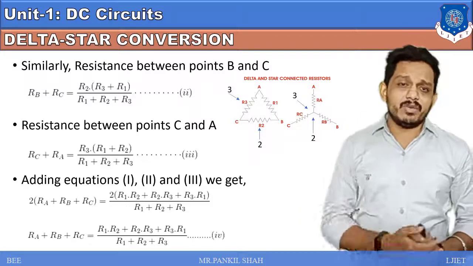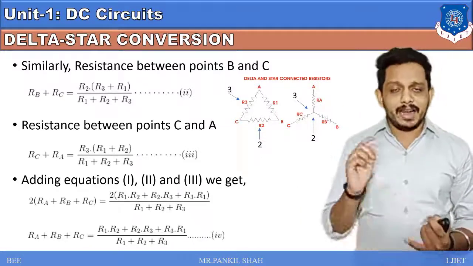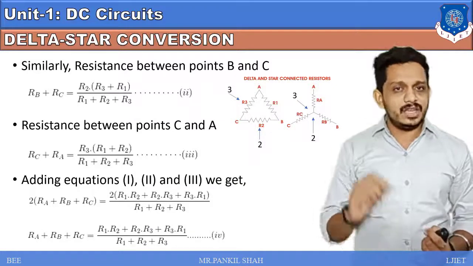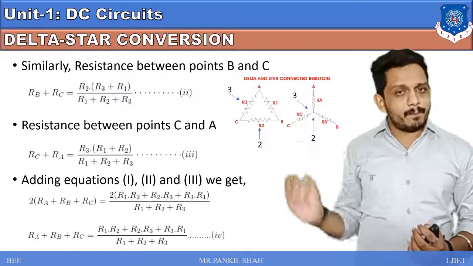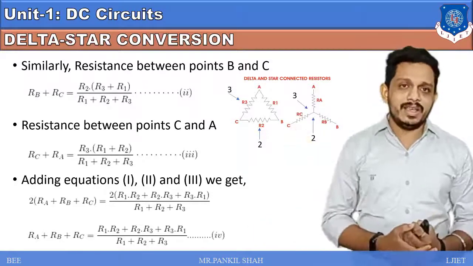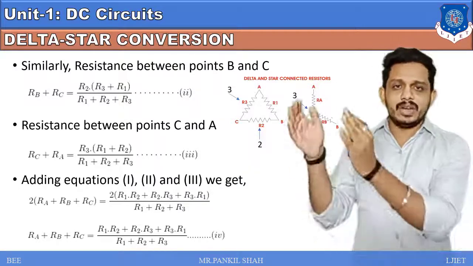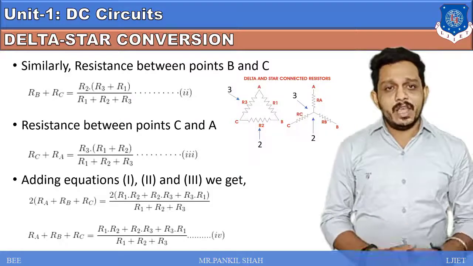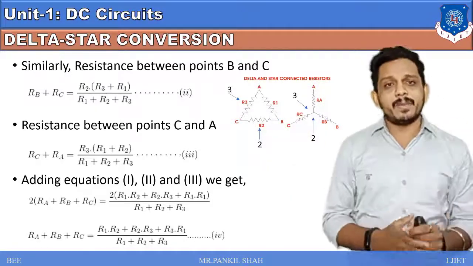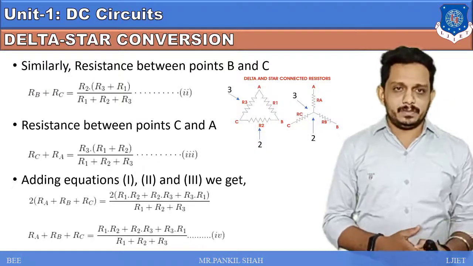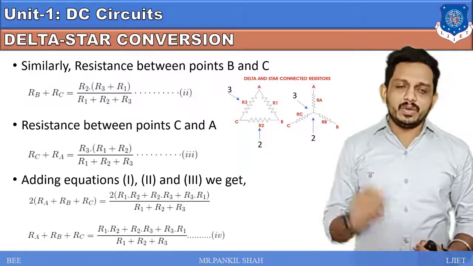And in equations 1, 2 and 3 there are two terms each, that is Ra plus Rb, Rb plus Rc and Rc plus Ra. So what you have to do is subtract any of these three equations and we will get only one term. That means if we have Ra plus Rb plus Rc in the fourth equation and we subtract the second equation you are seeing here, that is Rb plus Rc, then Rb and Rc will be cancelled out and you get only the equation of Ra.